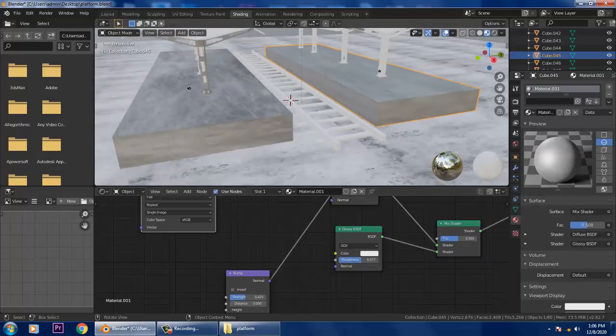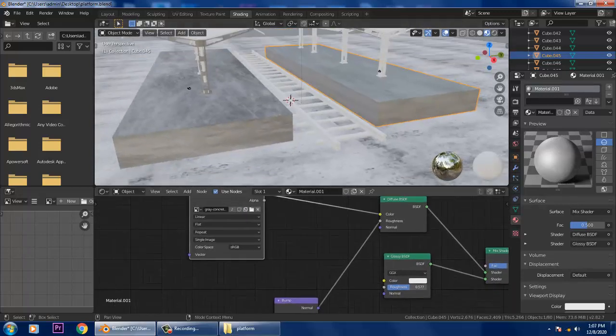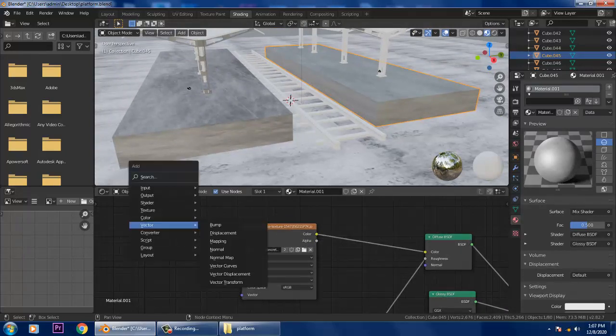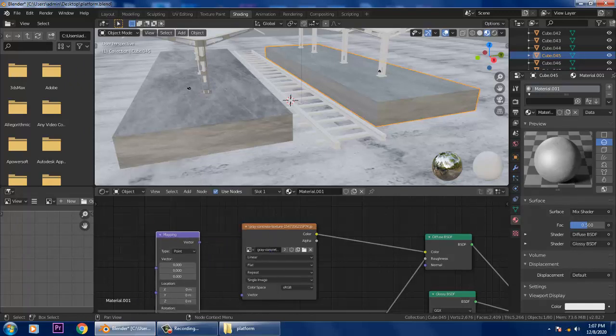Now if you want something added again, you can just go into Shift A, go into this Vector, take a Mapping over here, and connect this mapping with this part.